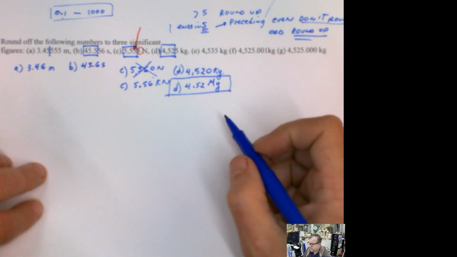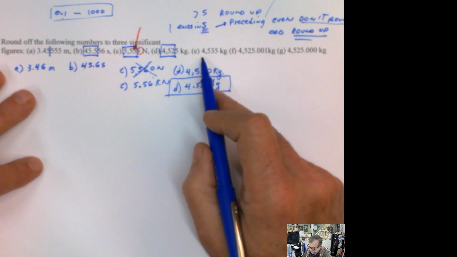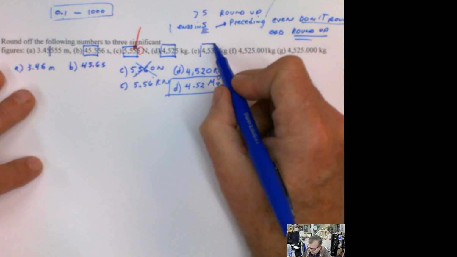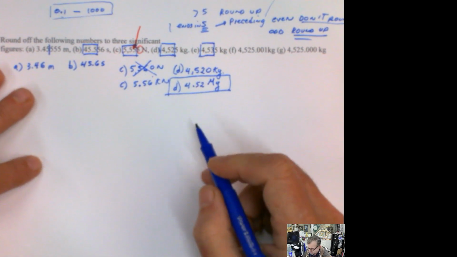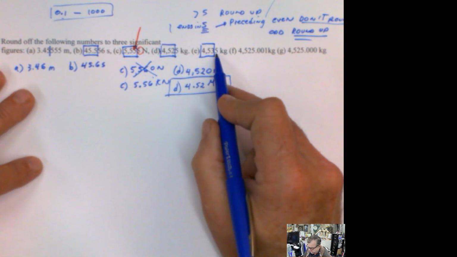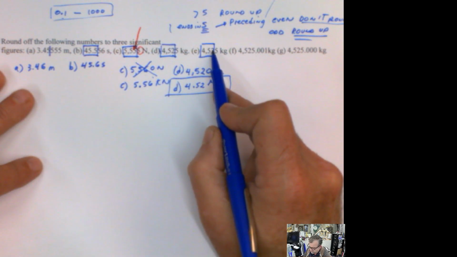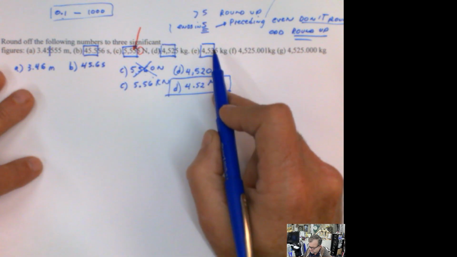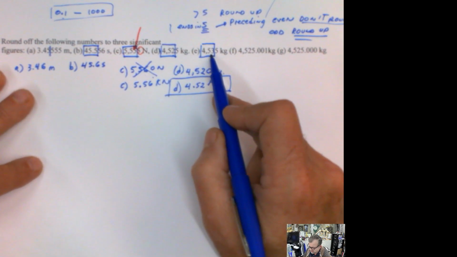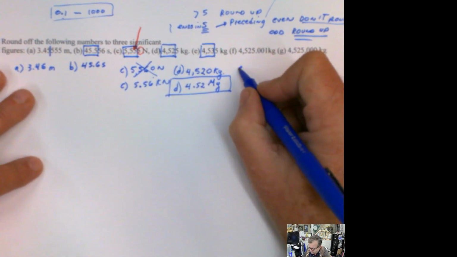Now, let's keep going. Let's go to part E. In part E, we have 4,535 kilograms. Once again, truncated here, or cut it there, or box it there. Now you look at the last number. The last number ends in 5. If this number ends in 5, we're within this rule, then you look back to the previous number. The previous number is odd. If the previous number is odd, then we have to round up. That means that this 3 becomes 4. And then the answer for that one will be